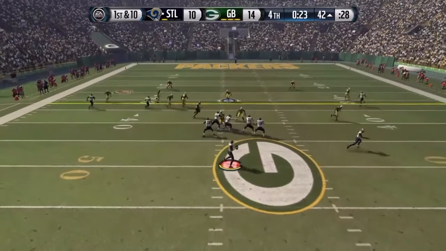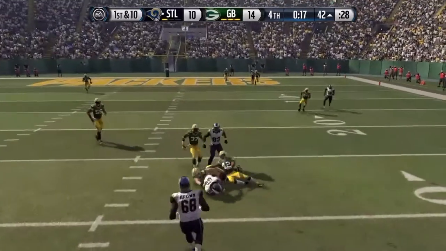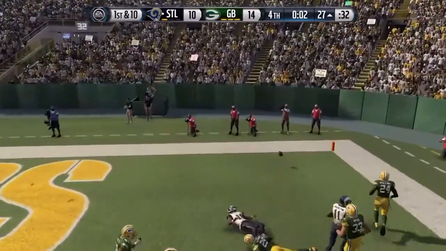He shook the guy's hand, came back and posted on his page that, hey, I made a mistake. I shouldn't have went for it on 4th down. You should have went for it on 4th down. That's basically what we do. We take chances in Madden. But